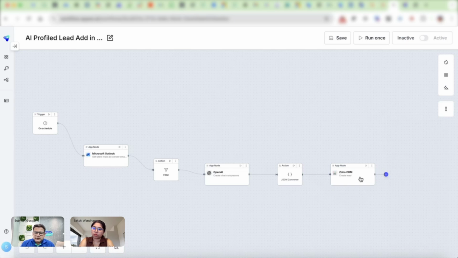So AppSci gives them the capability to use Zoho CRM along with multiple other external applications which a customer is using. That's the first thing. The second thing is, within the flow that they are designing, they can use OpenAI nodes or AI agents to filter things and to create a summary for AI-based decision making.